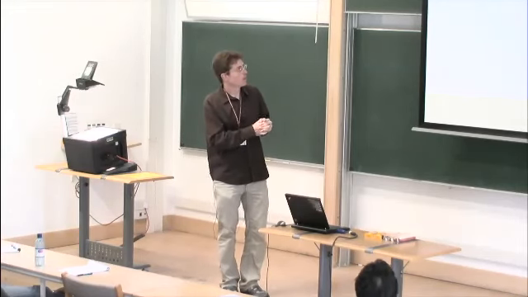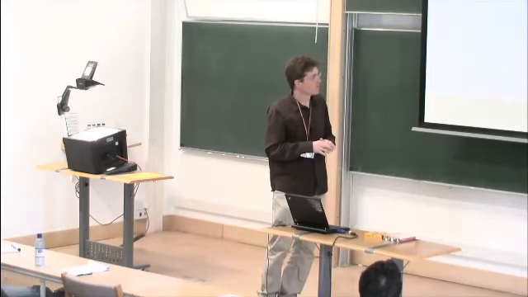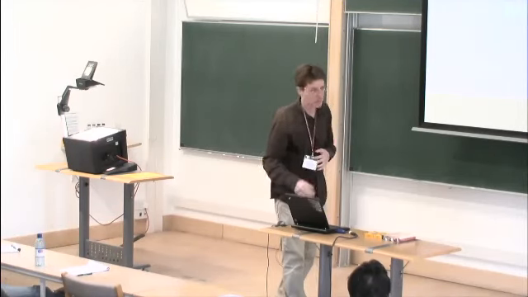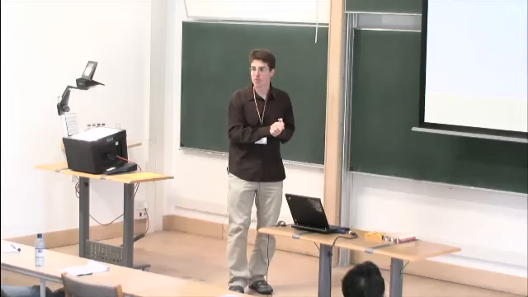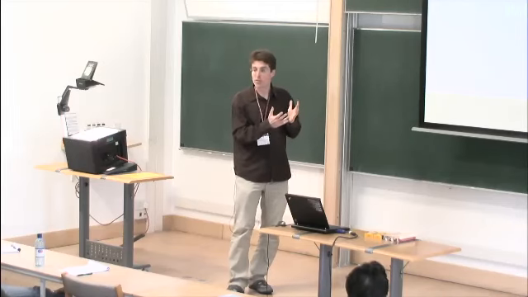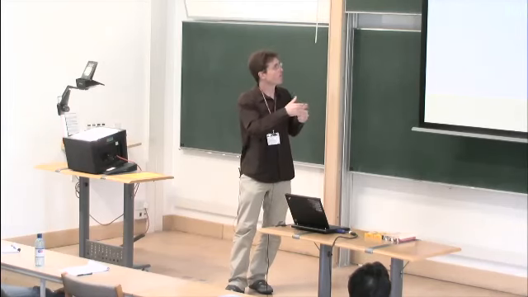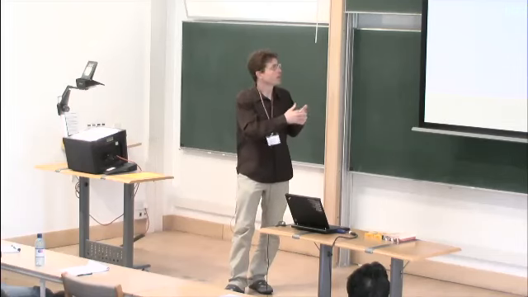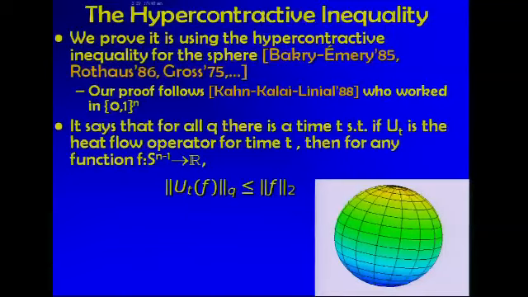Okay, so what's demonstrated there is what hypercontractivity is all about. Let me just say, in case you haven't seen this before, what it says for the sphere. It says that if you take any function on the sphere and apply a certain amount of time of the heat flow operator, which I won't define here, the q norm of the result is at most the 2 norm of the function f. So it gives you a quantitative way to describe the phenomenon that heat flow smooths functions. Okay, this is what the hypercontractive inequality says. You can see the demonstration, say, for the linear function, but you can do this for any function.